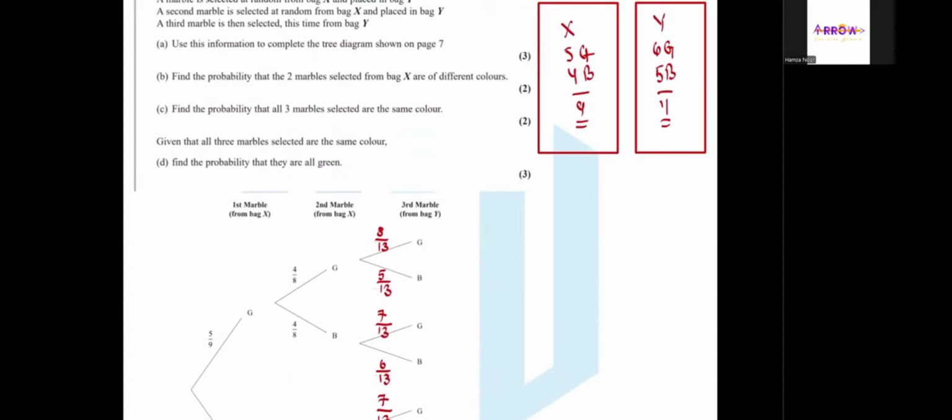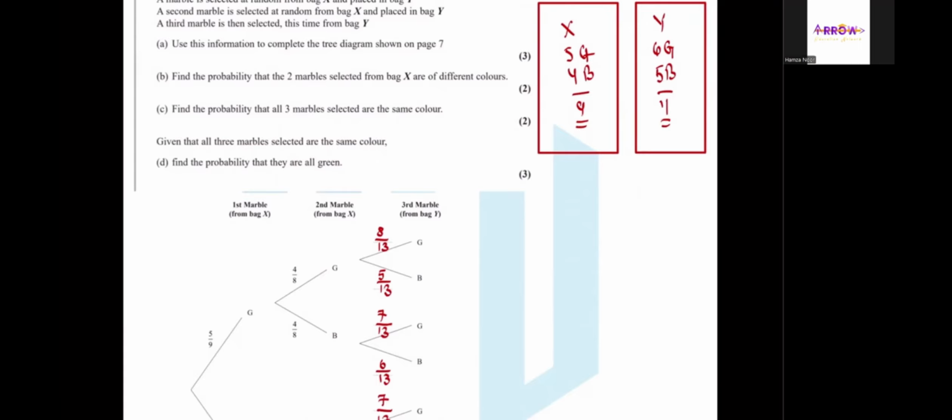So the first marble from bag X was green. Okay, so it was placed over here. And then you select a second marble from bag X and place it into bag Y, and the second one was blue. So now bag Y contains 11 plus 2 marbles, which is 13. Okay, so the total marbles in bag Y are 13 when you are going to pick the third marble